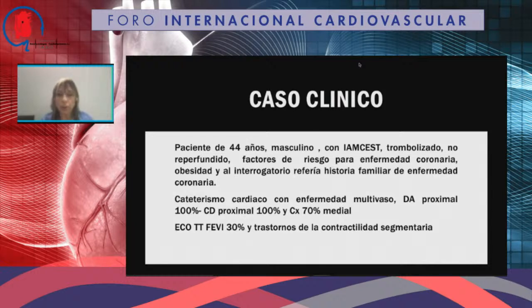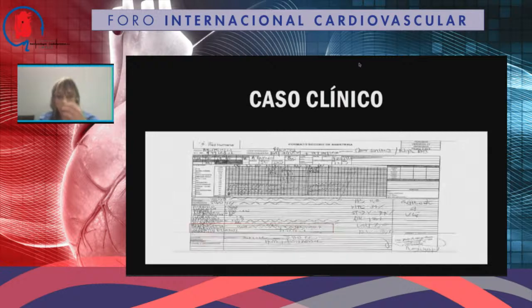En el eco transtorácico que se le hizo como estratificación, su fracción de eyección había caído hasta un 30% y había trastornos de la contractilidad segmentaria en todas las caras que nos mostraba el cateterismo. El paciente fue programado entonces a los 7 días para una revascularización miocárdica abierta, donde decidimos ponerle un catéter Acumen, que tenía también su índice de predictor de hipotensión y los otros valores que